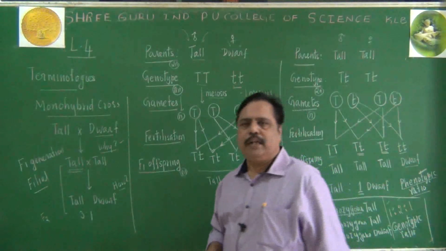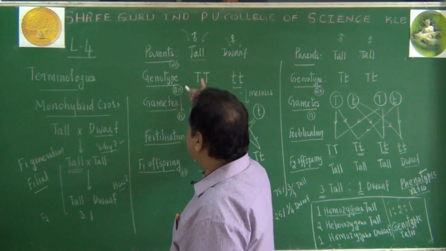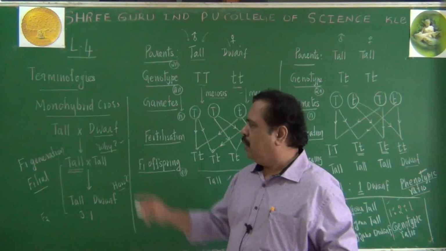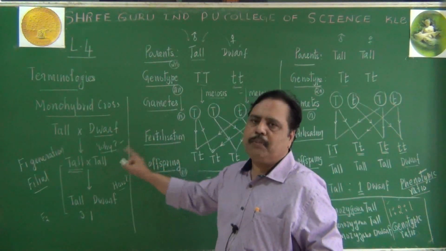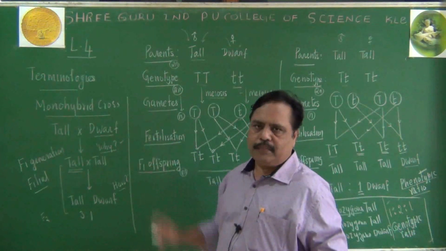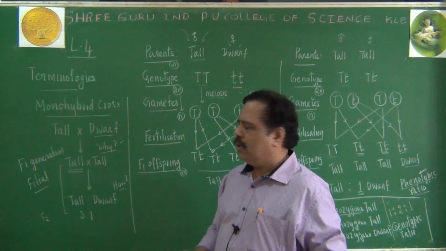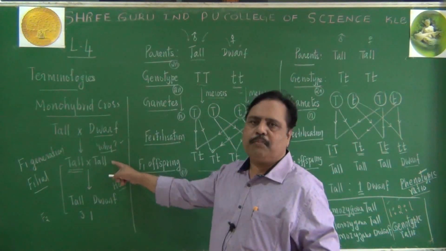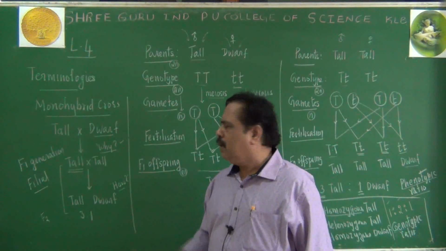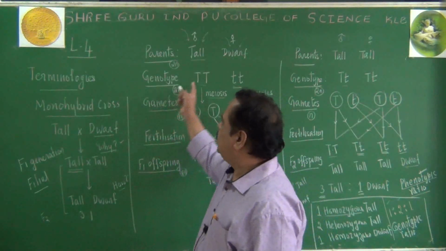Now let us find out whether it is possible to answer these 2 questions based on this experiment. What are the 2 questions formed by Mendel? Why dwarfness did not appear in the first generation, even though it was taken as a parent? What is the second question? How dwarfness could reappear, even though it was not taken as a parent? It was not taken as a parent, but still it has come in the F2 generation. Let us go for the first question here. What is that? Why dwarfness did not appear?